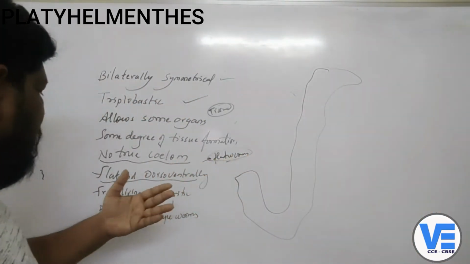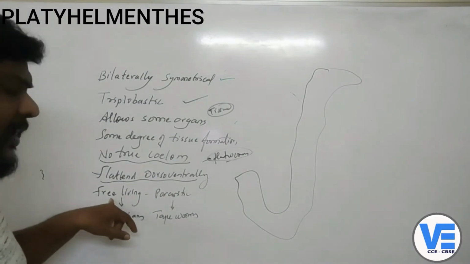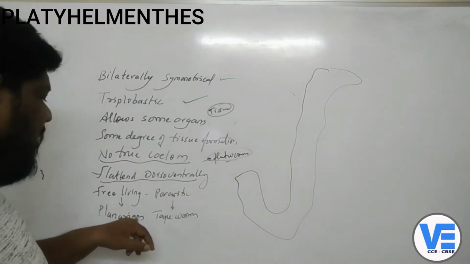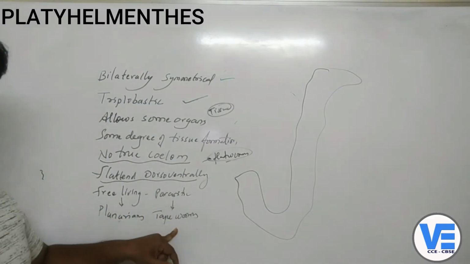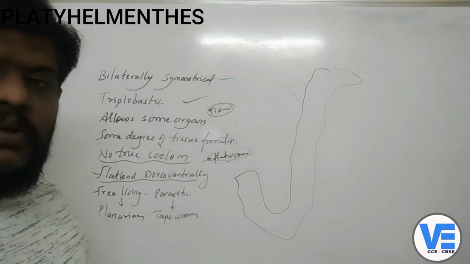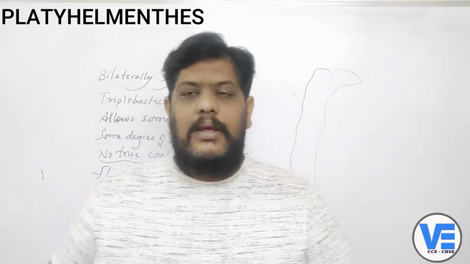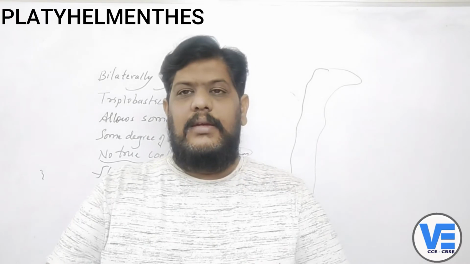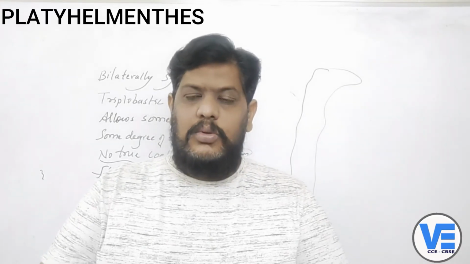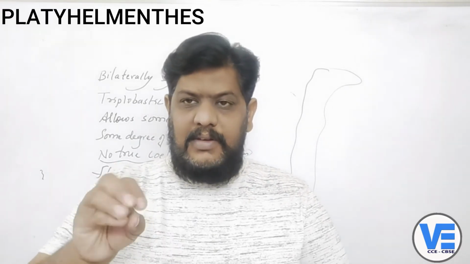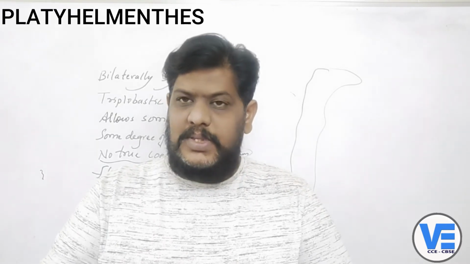Now the other thing is examples. For free-living examples, you can take the planarians, and for the parasitic, you can take the tapeworms. Tapeworms you can find mostly in the intestines of buffaloes, right? So in the intestines of these cattle there will be tapeworms, and what they will do is